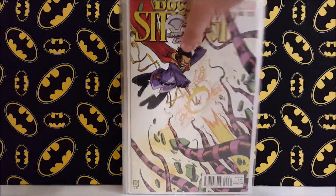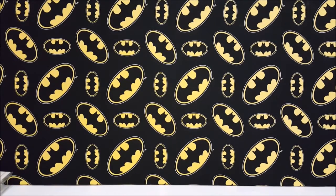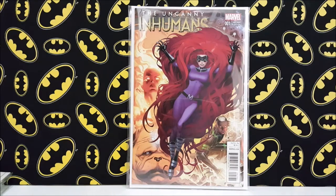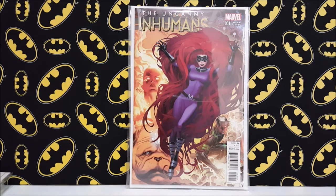So I'll move these out of the way. Recently upgraded to Mylar for my books. Really like the way it looks. I bought in bulk. So if you're going to buy Mylar, the way to do it is to get them in bulk straight from E. Gerber. And by the time they are paid for, it's about 5 or 6 cents more per bag and board than it would be for a regular poly bag that I'd get at my comic store. So, if you like it,